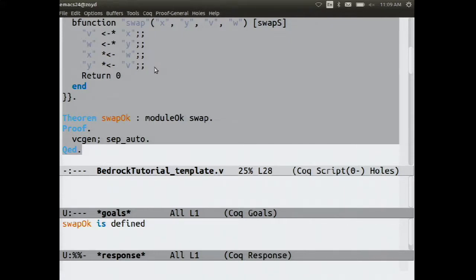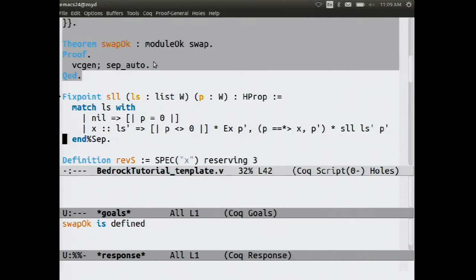All right. One more example. I'm going to work with singly linked lists, and here's a function that explains what is a singly linked list. This is going to be a function that's going to return a predicate kind of thing, a logical characterization of memory, and it takes as input a list of machine words. Capital W is machine word. This is basically the abstract version of the list, or the functional model, the spec version. And we're going to say what it means for this pointer P to be pointing to the root of a list that represents this mathematical list of machine words. So it's a recursive definition.